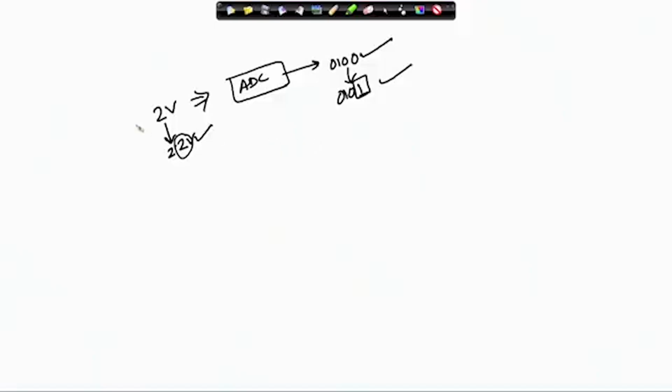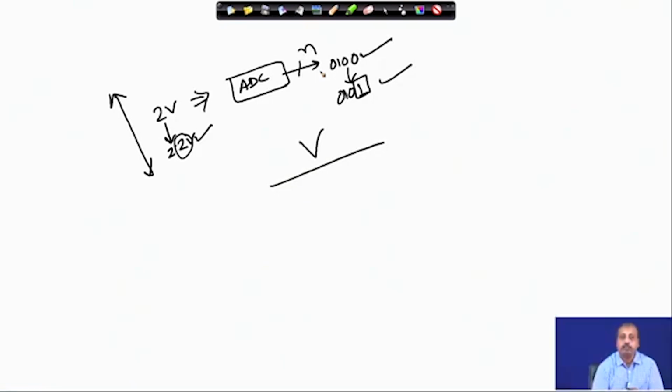So, in general I can say that if the total range of voltage that you have here is say V, and this ADC is producing an n bit output, then it can produce 2 power n different values. Those 2 power n different values will correspond to 2 power n different voltage levels. So, I can say this V upon 2 power n may be taken as the resolution of this ADC,